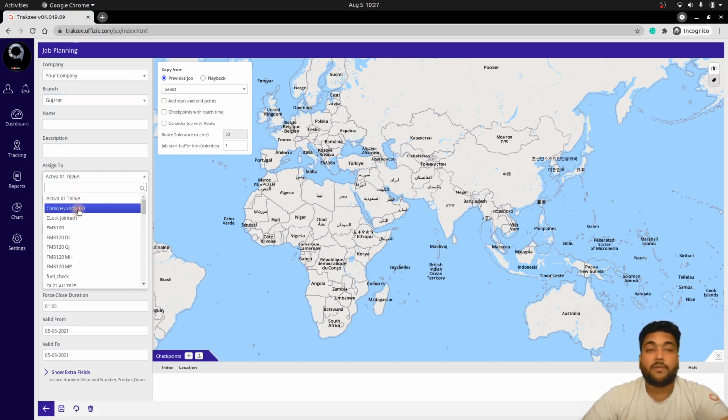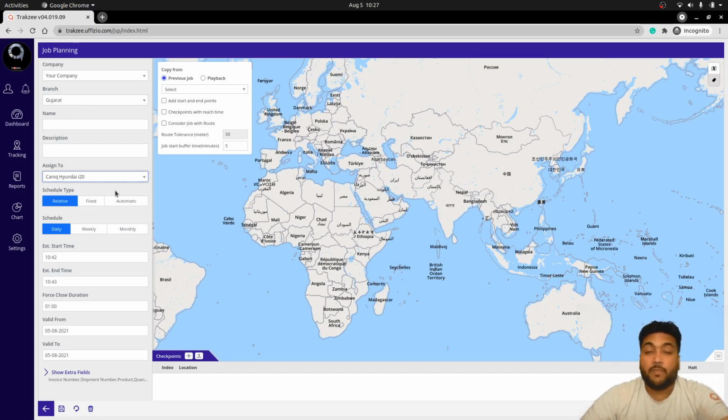So likewise, you can select the object that you want to provide the job, to assign the task for that particular job. So based on the selection of the object, you need to set the schedule type, that is relative, fixed and automatic. So relative parameters have the configurations of scheduling the task on a daily basis, weekly basis.